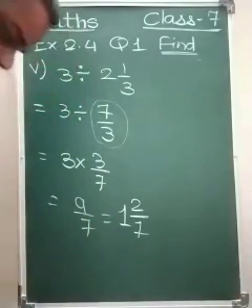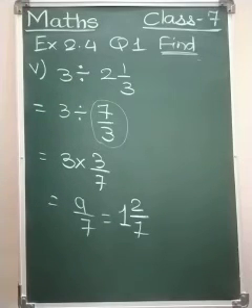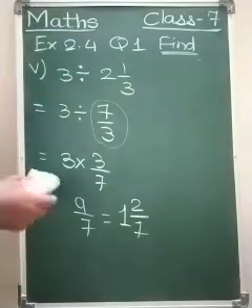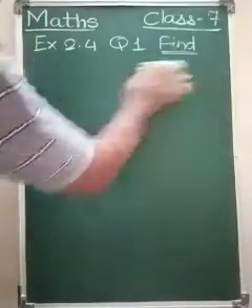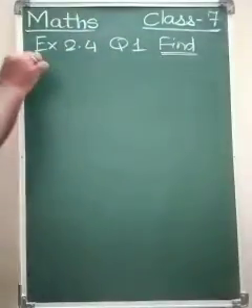Fifth sum is done. So I think the sixth sum should be given to you for homework. Total 6 sums are there, and we have solved 3 sums. Okay, one sum we will solve. We'll solve the 6th sum. No problem. Since this is our start, we can solve the 6th sum also. Okay, the 6th sum.